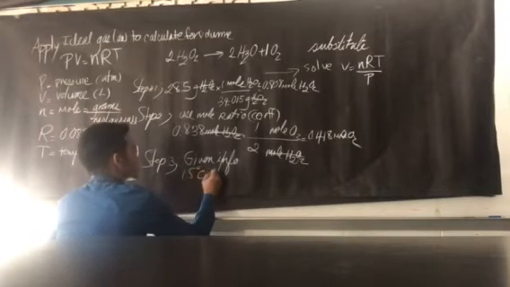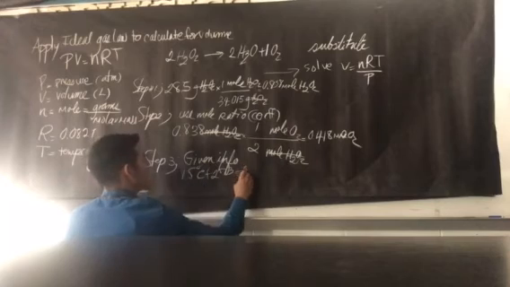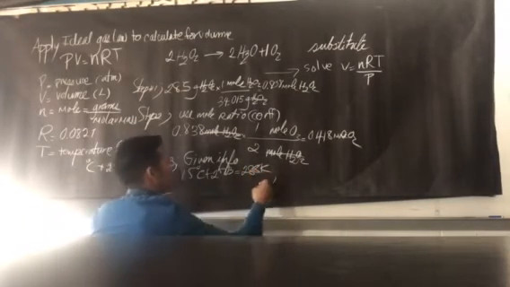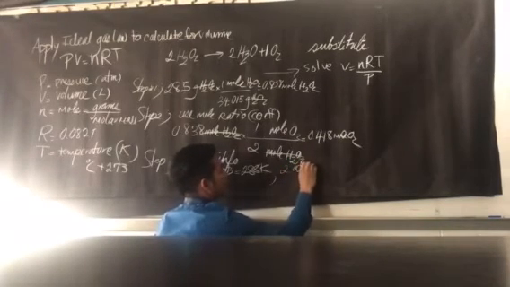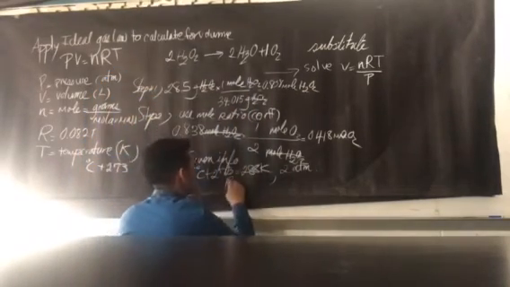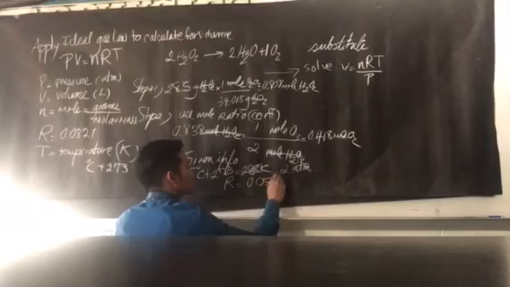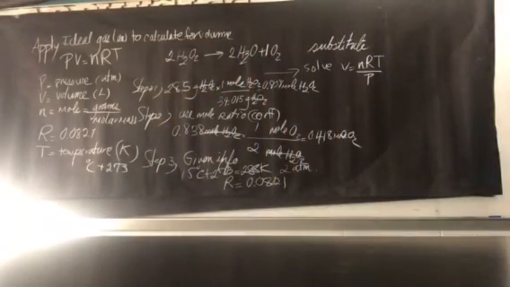Remember, 15 Celsius, you add 273, and that should give you about 288, and that's your K. And then your pressure, which is 2 atm. Now you know this, and you know for sure that the constant R is equal to 0.0821. Let me double check to see if you can see those numbers. If not, you can always refer back to, yeah, you can. So step 1, 2, 3,